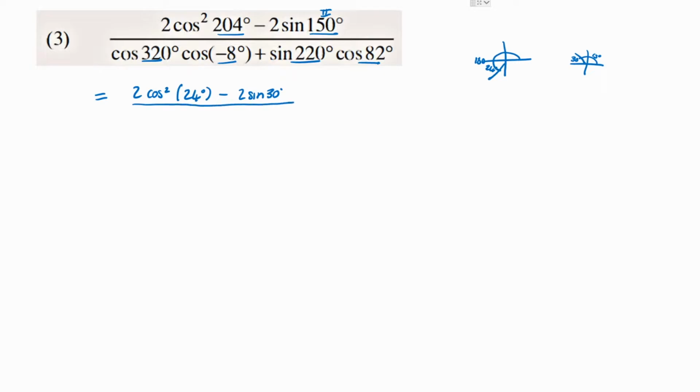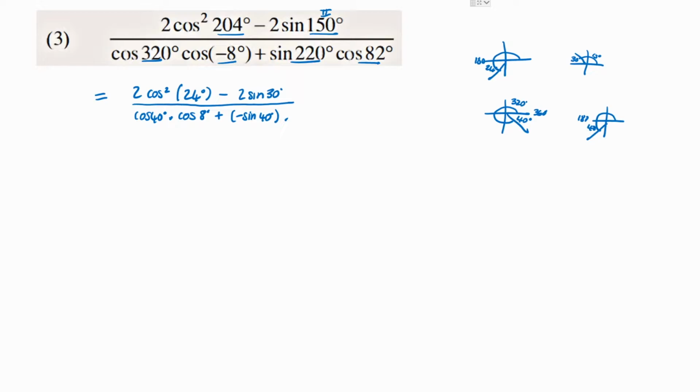Okay, 320 degrees is almost a revolution. That's in quadrant 4, where this here will be 40 degrees to get me up to 360 if this is 320. So cos in quadrant 4 stays positive, and we can reduce this to the cos of 40 degrees. Cos of negative 8, well, this is also in quadrant 4, and that's the cos of 8 degrees. Plus the sine of 220, well, that's going to be 180 plus 40 here. That would give us 220, but this is now sine is negative, so we've got the negative sine of 40 degrees